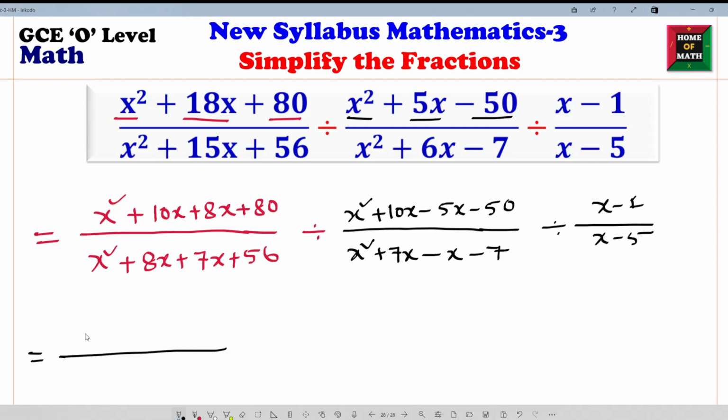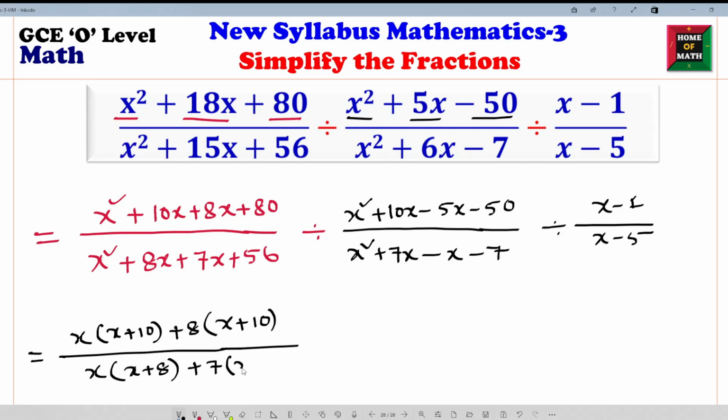Now we will take common. Here is x, so x plus 10 plus 8 common, x plus 10. Divide x common, x plus 8 plus 7 common, x plus 8. Divide